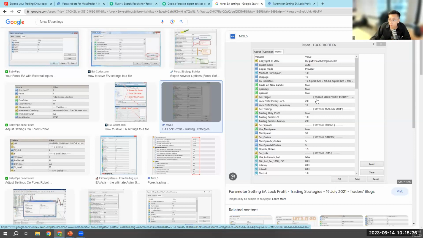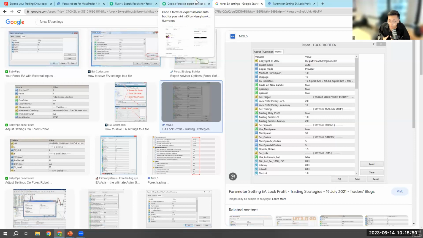For example, you can lock your profit, set trailing stop, spreads, orders, and lots, and then you can adjust your settings and play around with them on your demo account, so that when you're on a live account, you can actually figure out what works best for you and what's best for the strategy itself.